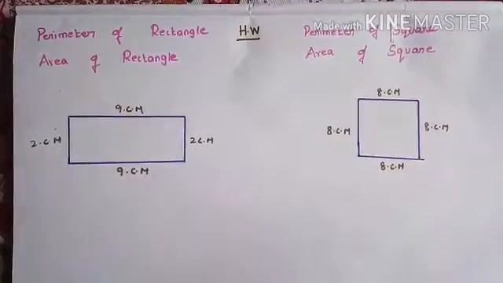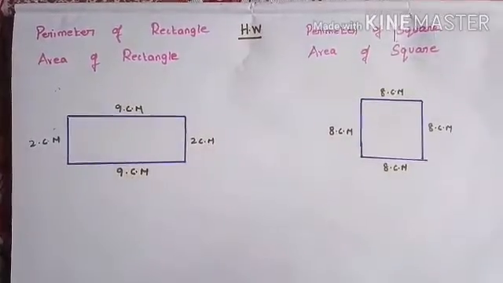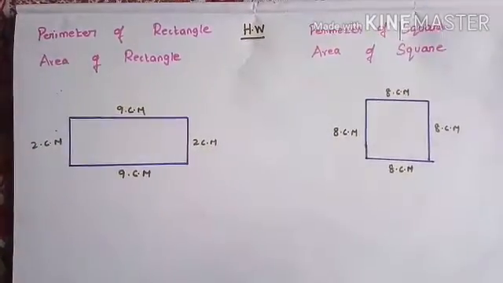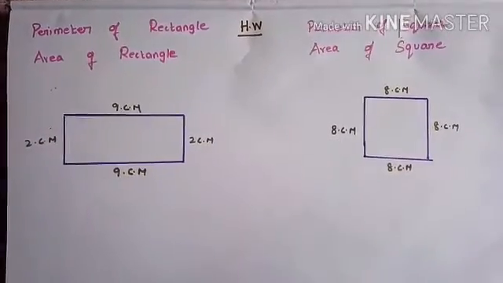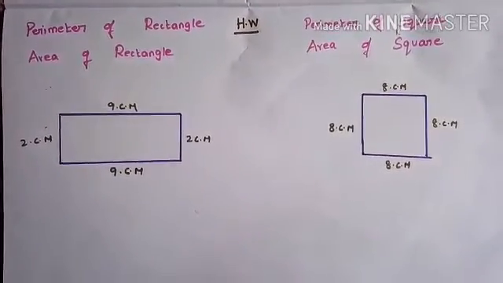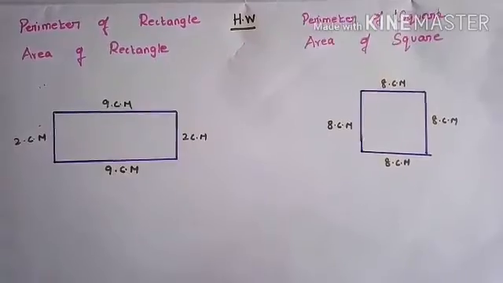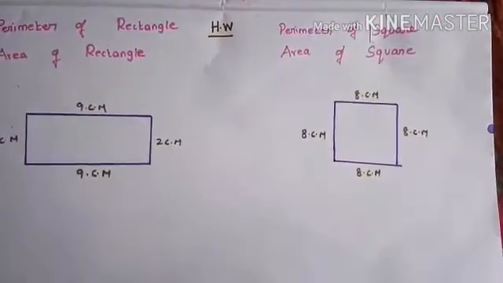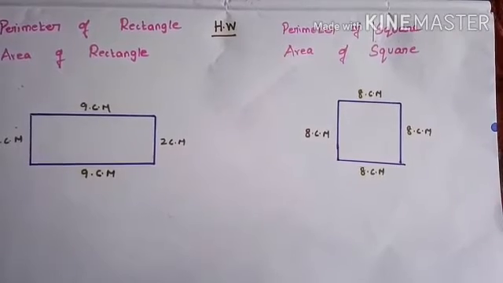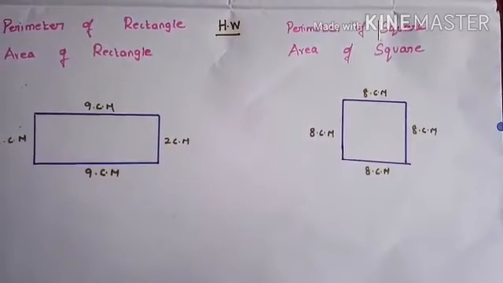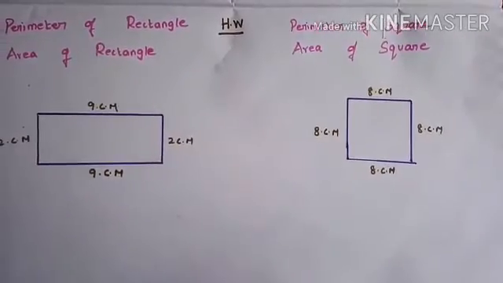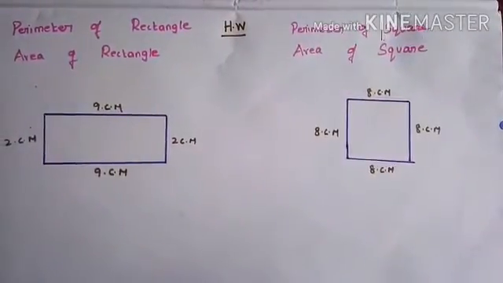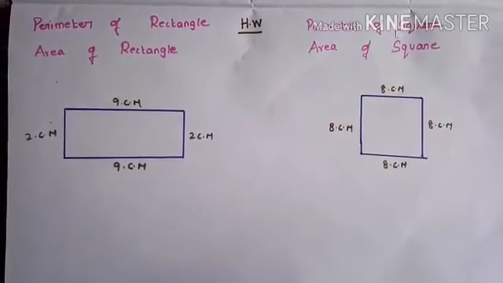So finally it's a practice session. I give rectangle and square here. So students, you can find the perimeter of rectangle using two methods, common method and formula method. And also find the area of rectangle. And here square. So you find the perimeter of square in both method, common method and formula method also. And also find the area of square. Okay, using your notebook. Thank you students.